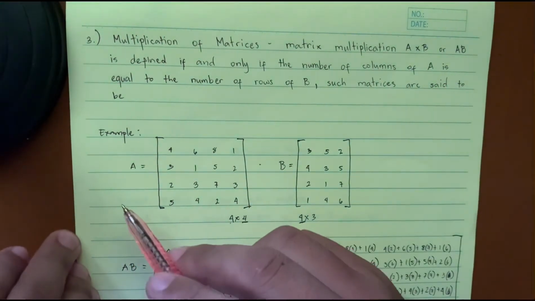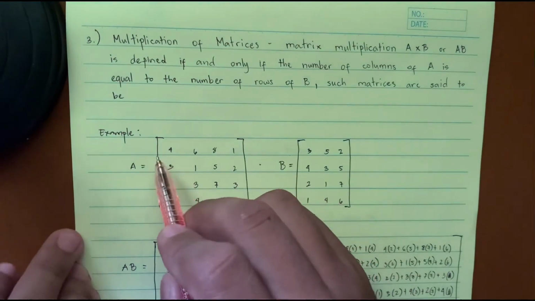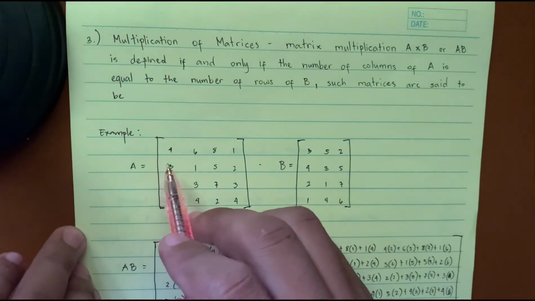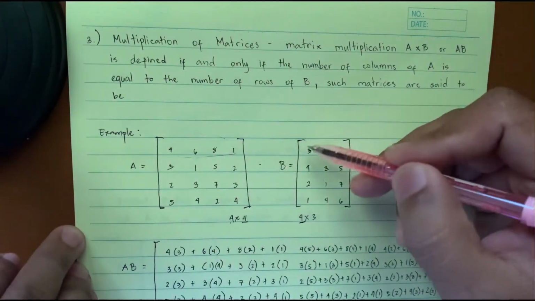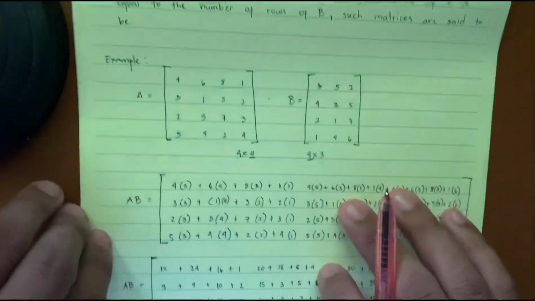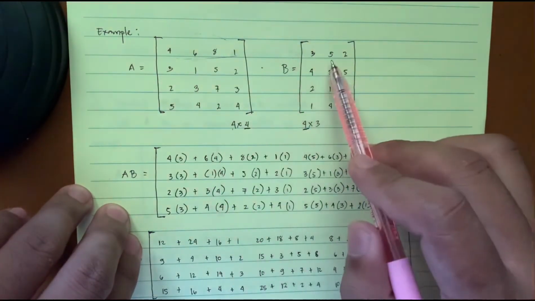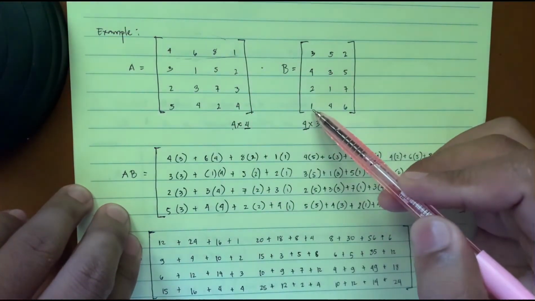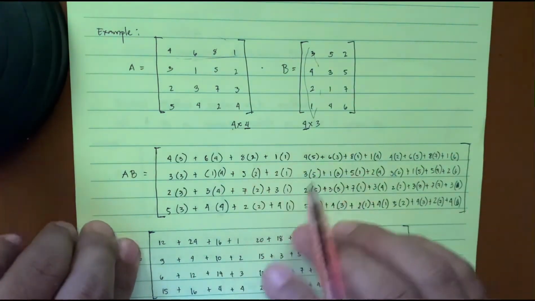Unlike kanina, distribute natin yung constant. Ito naman, yung column ng A, rather, yung rows ng A, ito, multiply natin each column of B. Gaya nung gawa ko dito. 4 times 3, 6 times 4, 8 times 2, 1 times 1. Ito. Dire-diretso lang. Tapos,